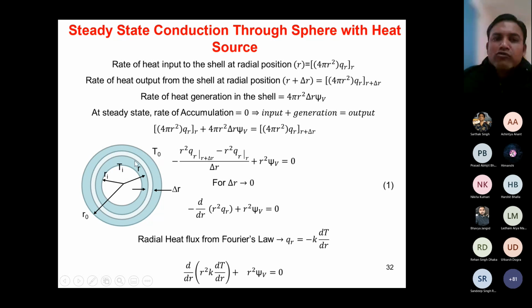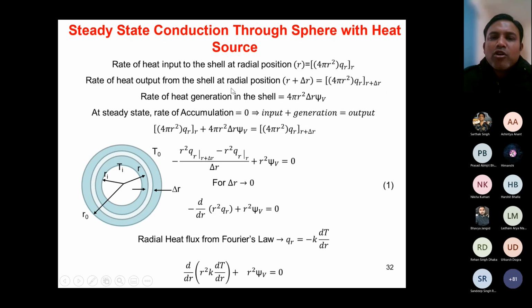And since the conduction area is varying as we are moving across the radial direction, and also there is a heat generation term, we need to make a shell balance. So consider a shell of thickness delta R at the radius R from the center. Now the rate of heat input to the shell at the radial position R will be given as area, which is nothing but 4 pi r square for a sphere, into heat flux QR at R. Similarly, the rate of heat output from the shell at the radial position R plus delta R is going to be 4 pi r square QR at R plus delta R, and the rate of heat generation in the shell is going to be